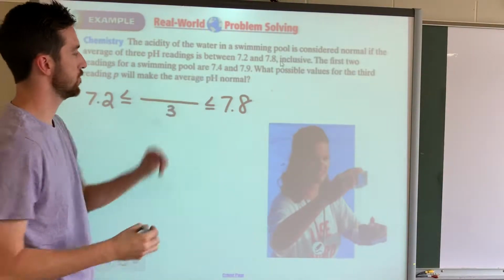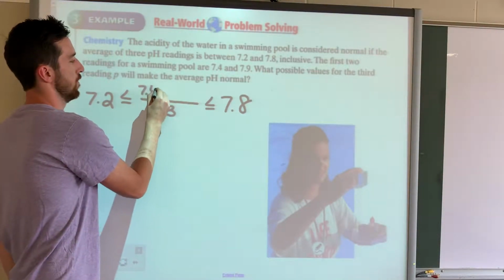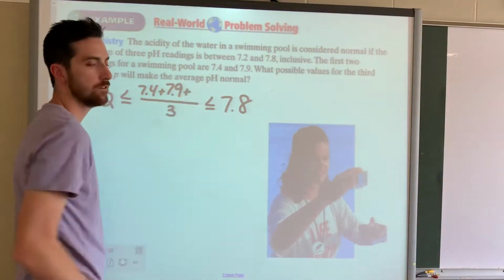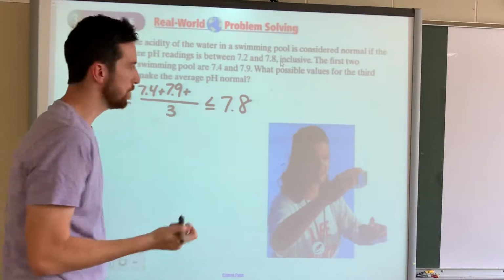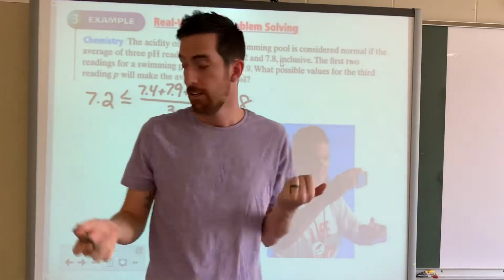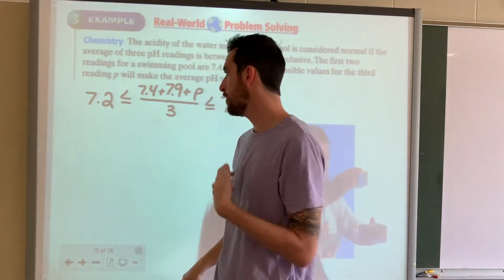So our first readings were 7.4, 7.9. We don't know our third one. It says use the variable P. Great, there's our inequality. Now, do you guys remember from back in the day, we know how to get rid